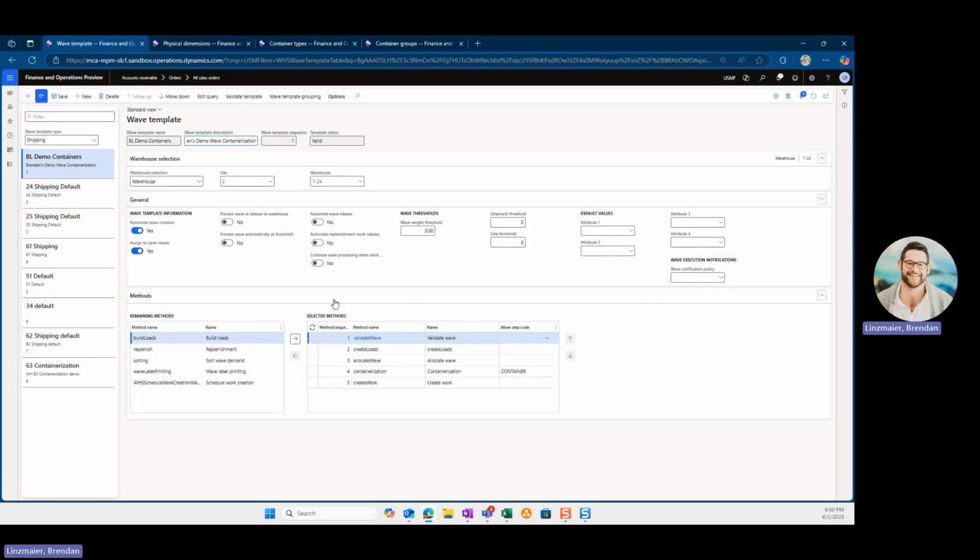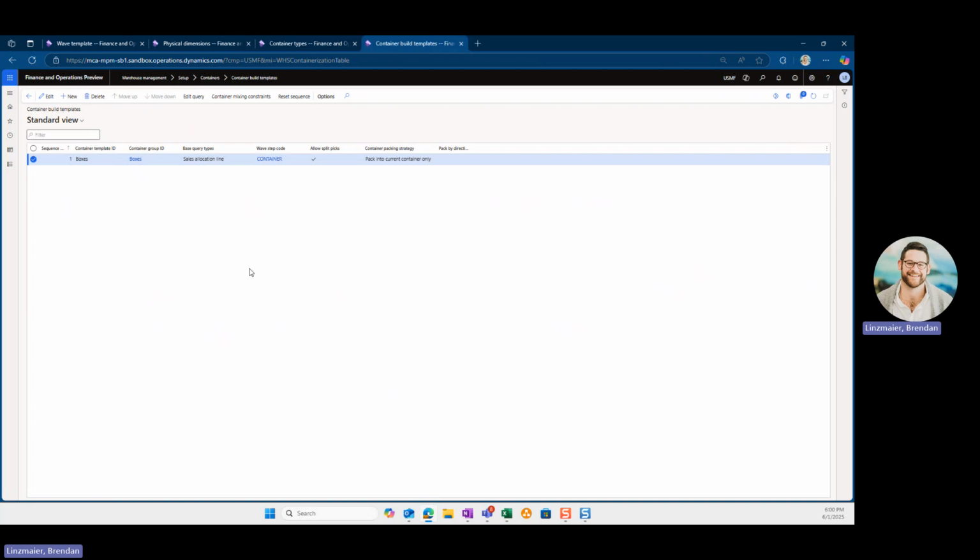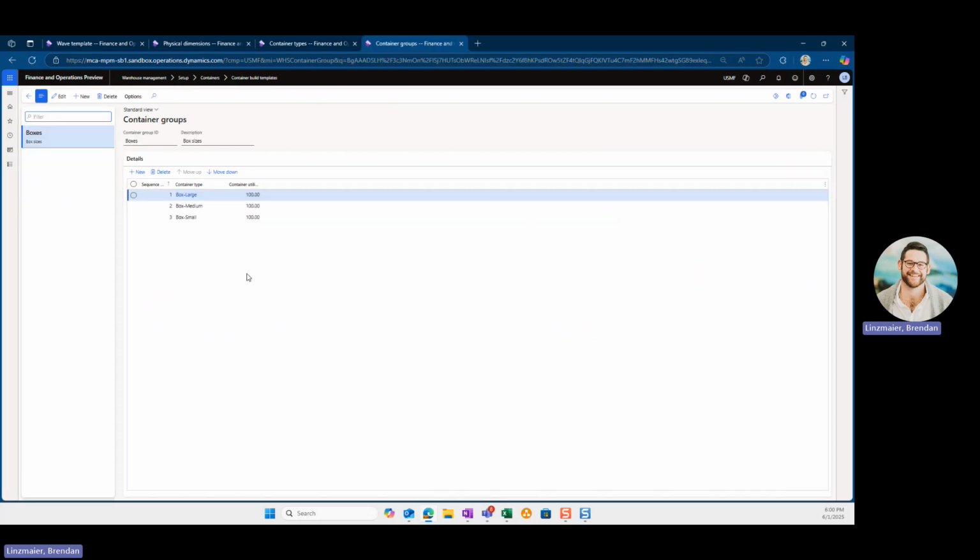We have the containerization method here with the step code container. In that container, step code is referencing my container build templates here. So I'm containerizing sales allocation lines, and I have this container group that it's pointed at, which has boxes, large,